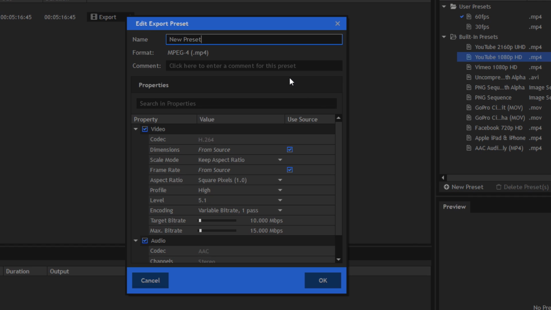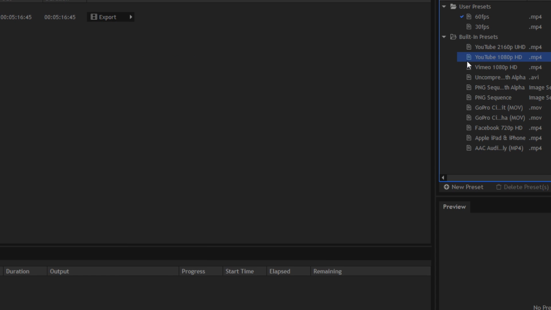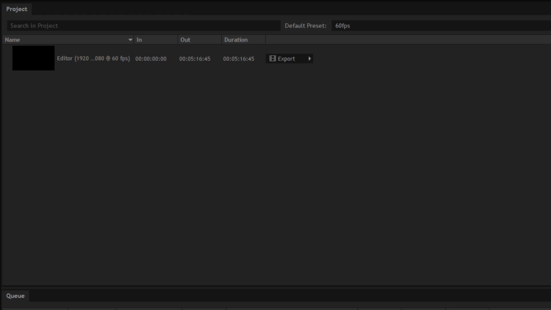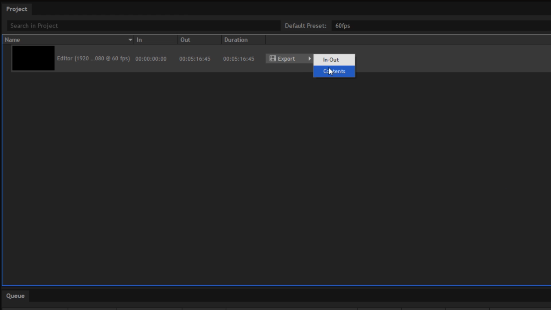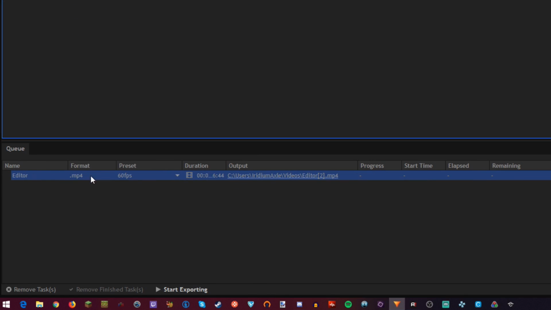and selecting MP4 is what I would recommend. You can mess around with the different settings in here. But in general, for most people, you're probably looking at something pretty good with the 1080p preset. I'm going to go for the 60 FPS one that I made myself because that's the one that I like to use, but it's just something to think about. You can also delete presets if you made one that you didn't like. All right, so now we can finally hit export contents, and that creates this little thing right here in